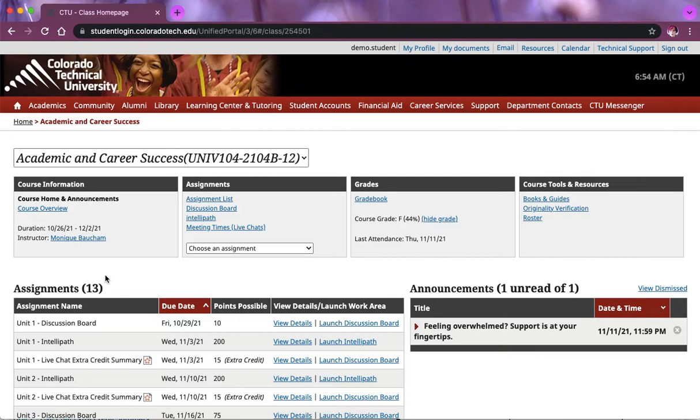So if it says we're in Unit 3 and we've missed Unit 2 and we just want to charge ahead to Unit 3, it'll let us. But sometimes it will say, oh, no, we have to do this first, that second, that third, and it's got a very strict lineup that it wants us to cover. So I just want you to be prepared for that, and I want you to know what those little locks